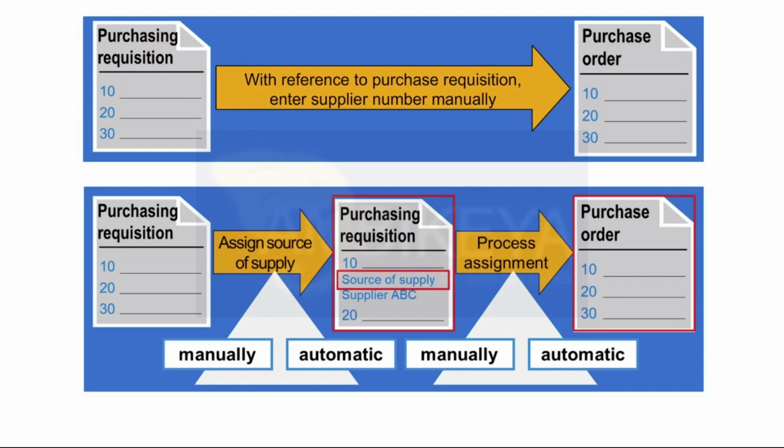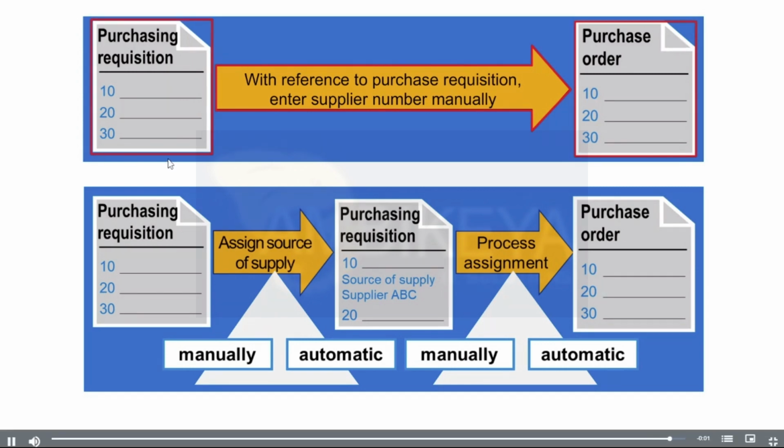The system copies the supplier from the source of supply for the purchase requisition. If a source of supply has not yet been assigned in the purchase requisition item, you can still create a purchase order with reference to this purchase requisition item. In this case, you must manually enter the vendor,